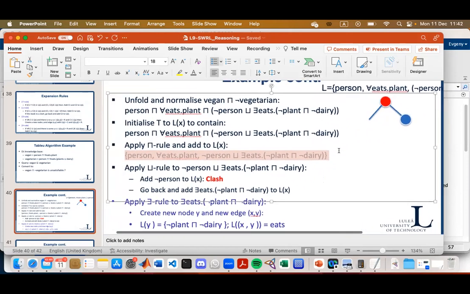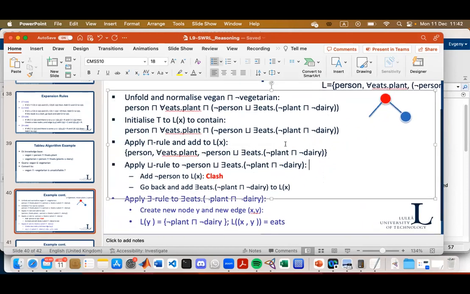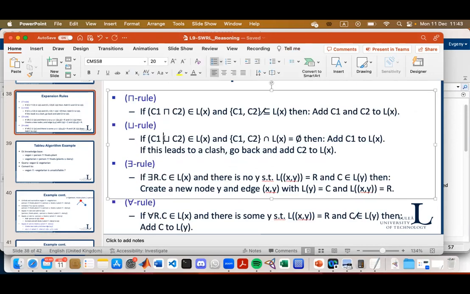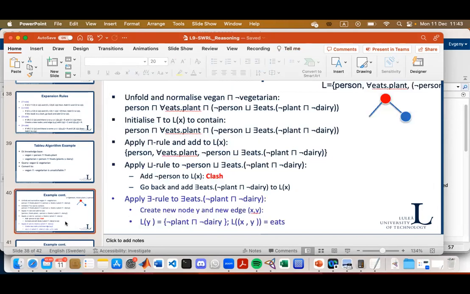So now we analyze this complex label, and we try to modify this complex equation until we actually boil down to atomic concepts. So the expansion for this union rule is that you can add either of the concepts to the label of the node.